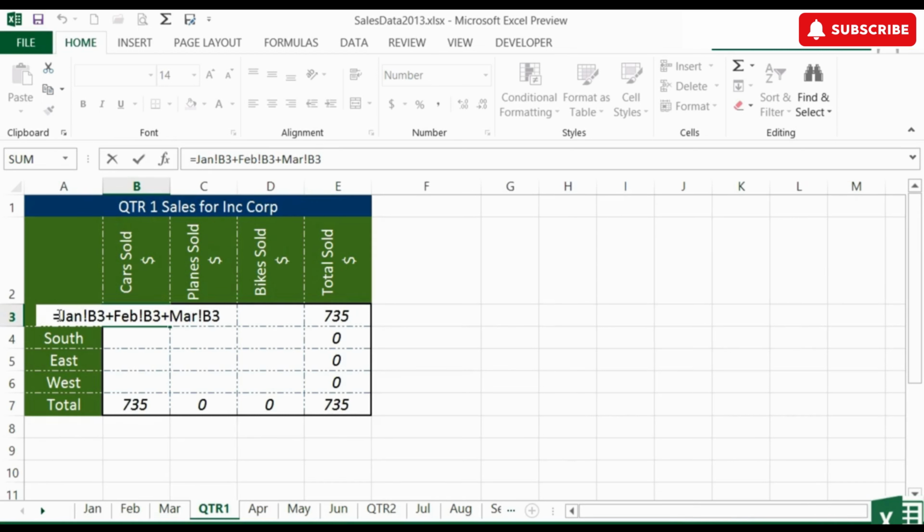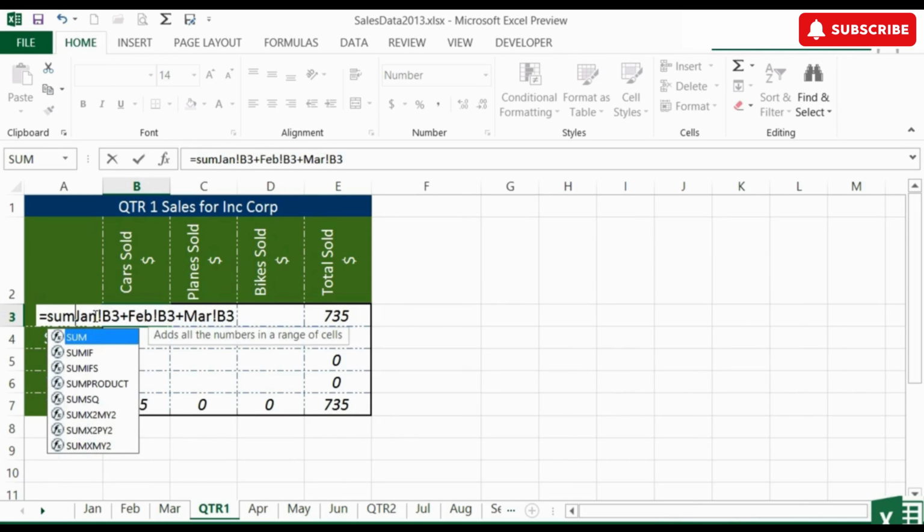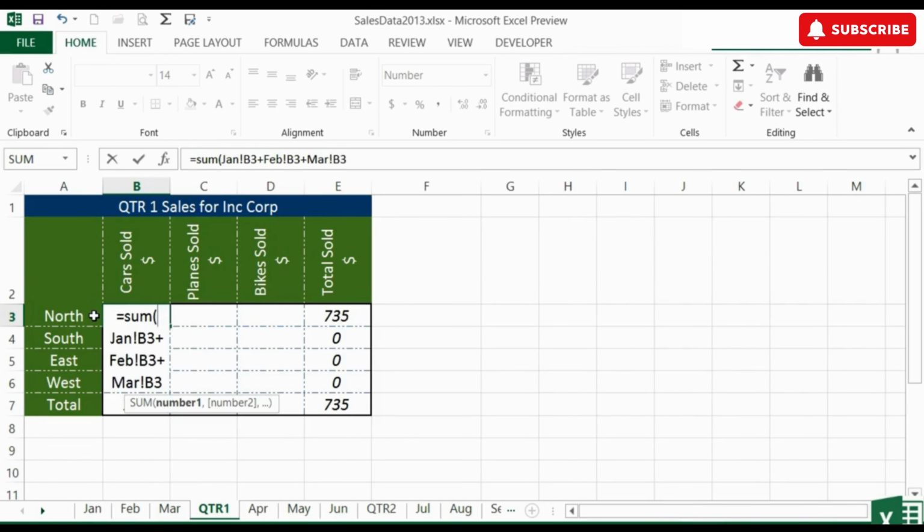So what I could do is replace this formula with an equals sum, because I want to add up. I need to keep the January, but I don't need the B3 and I don't need the February. But what I need is a colon. I don't need that exclamation mark, but I do need the last one. And then I keep B3. Now let me close the brackets just to show the formula is complete, and have a look in the formula